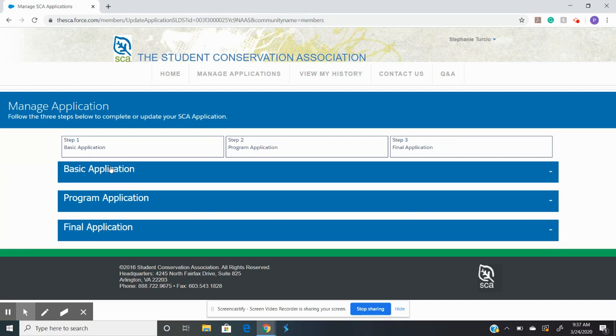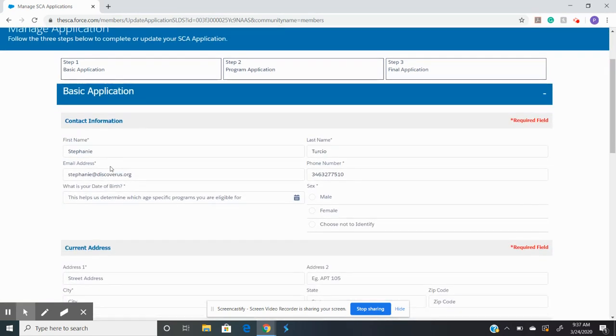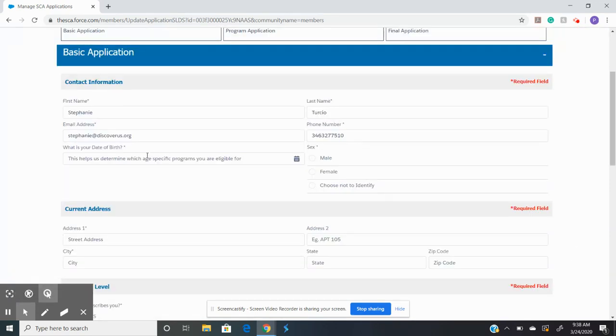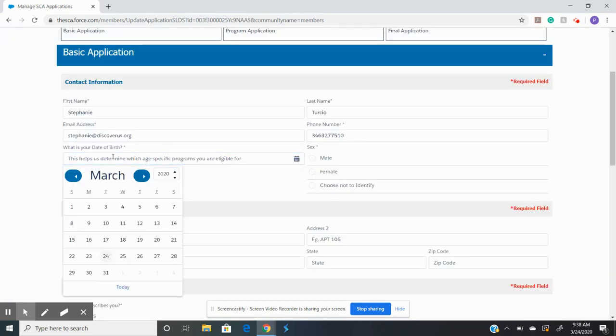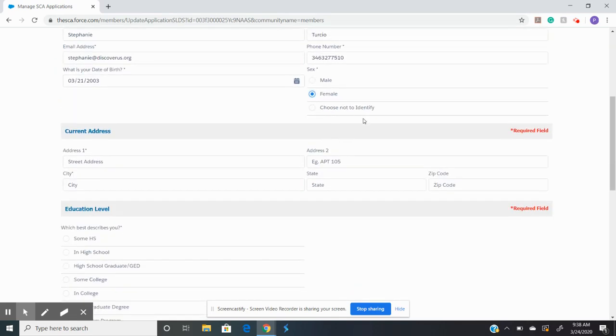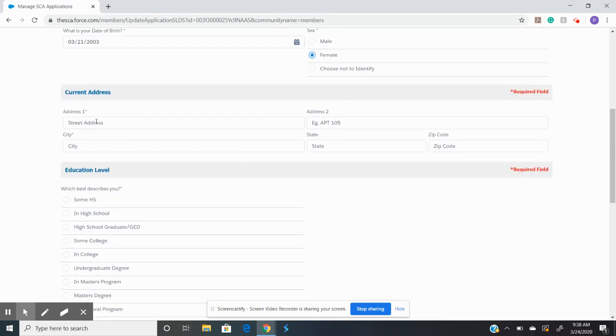First, no matter what, I'm going to start with my basic application, which is just basic information that most of it you've already filled in, but some of it you haven't. So your first name, last name, your email, your phone number. You're going to put whatever your birthday is. You can't just type it in, which is kind of unfortunate, so you have to do this. I'm female. You can choose not to identify. And then you're going to put your current address,